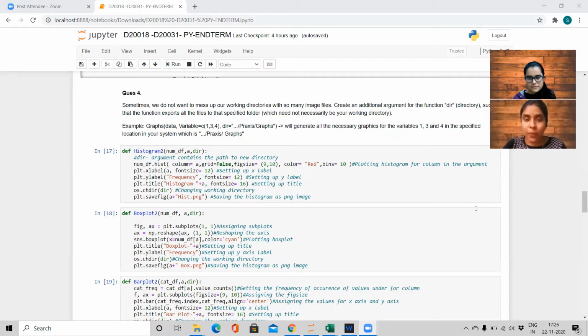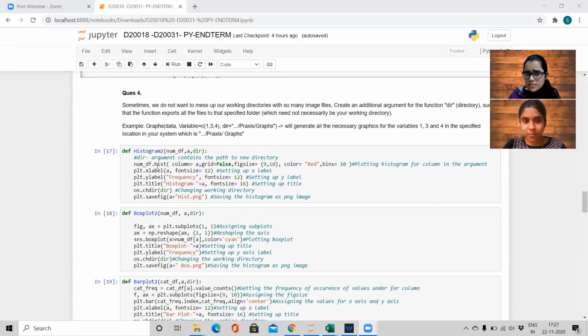Shubhani will be explaining the functions. In continuation to our previous video series, we have just modified the existing histogram function and added another variable, dir, the path where we want to save our visualizations.